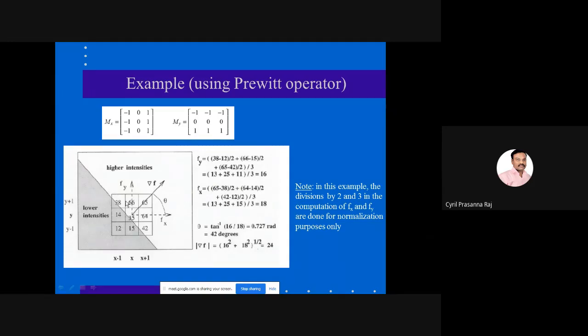Similarly, I can take 38 as my center pixel. Again, I can run my mask along this direction and compute the angle, and it will again give me 42 degrees, because this entire thing is of a similar line. This is almost the same line. Similarly, for 42 also, you find that the angle is equal to 42 degrees. Suppose if I take 35 and find the angle, and if for the other pixel I find the angle to be 48 degrees, that means the edge is not straight.